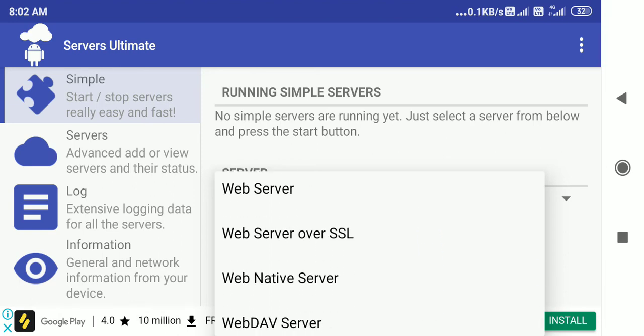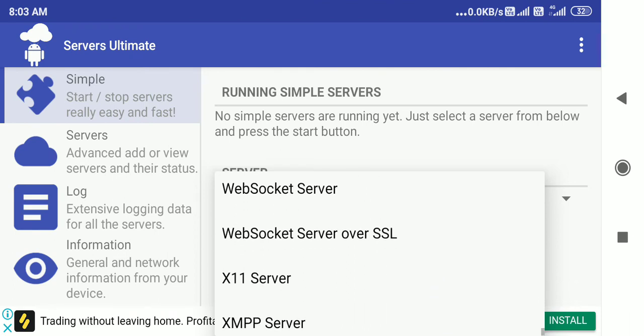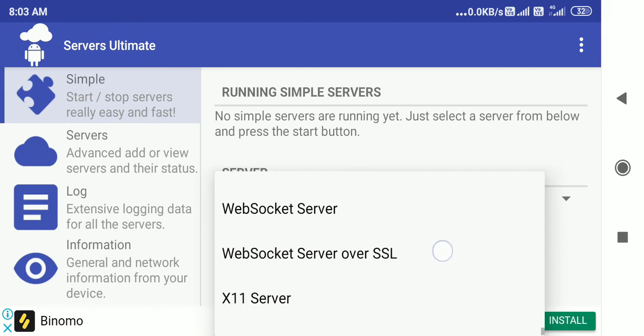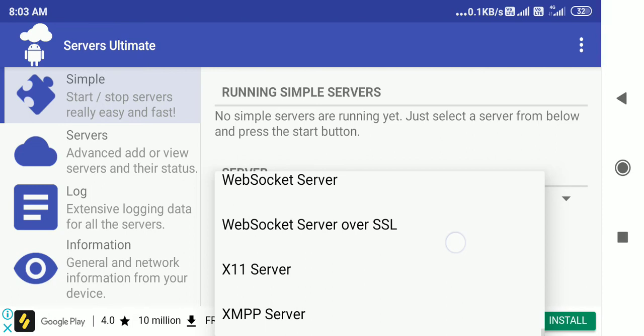The web server, I already told you, the HTTP server. So ordinary web requests like get, set and other things will all run. WebDAV is a file transfer server. Okay, WebSocket is a different kind of thing. It's a kind of transport which works on secure socket layering. So SSL, security and other things work on the web server.